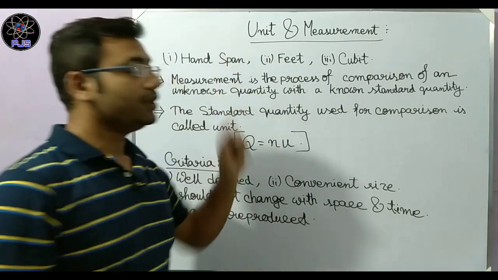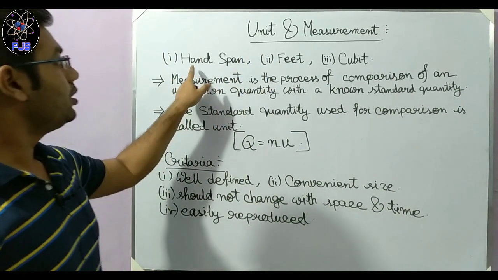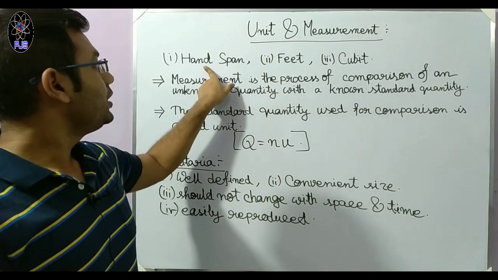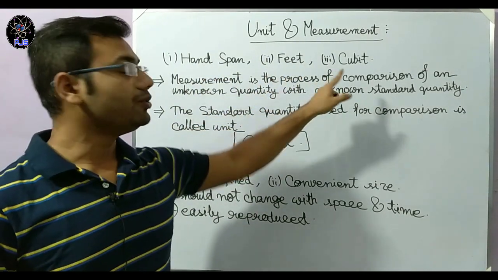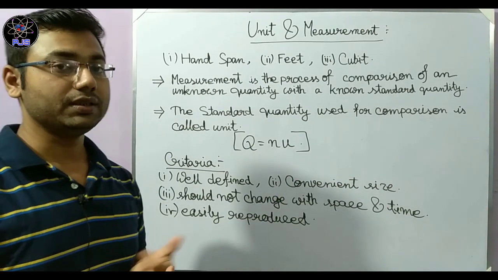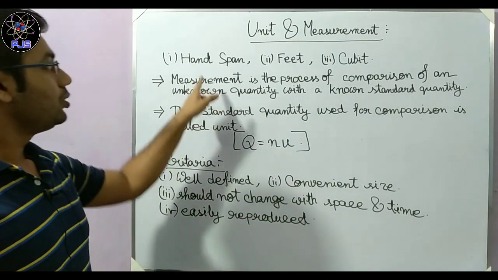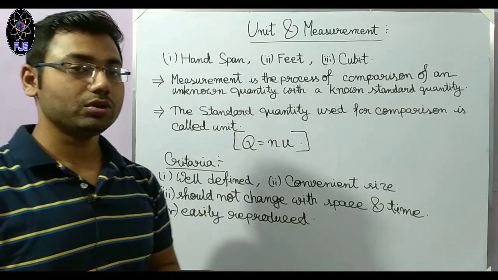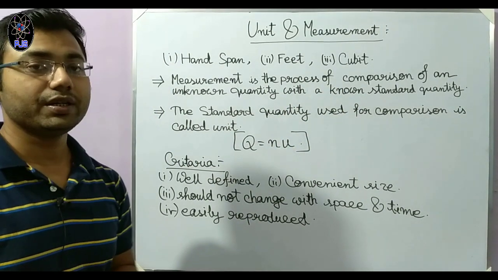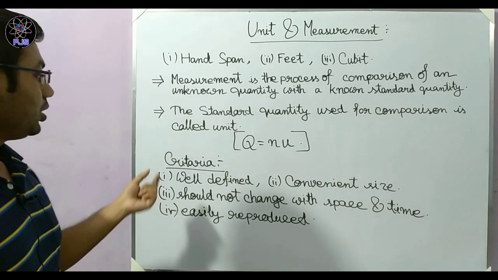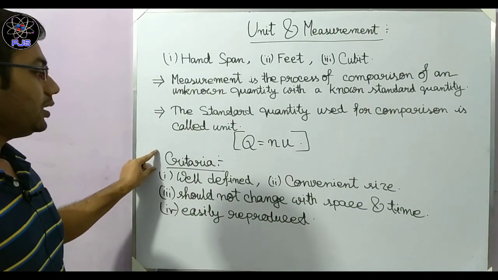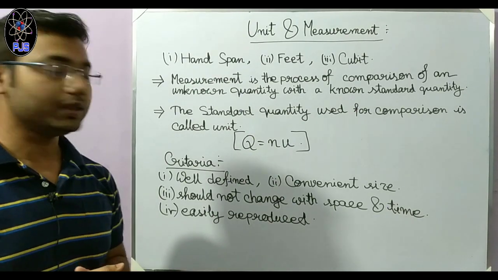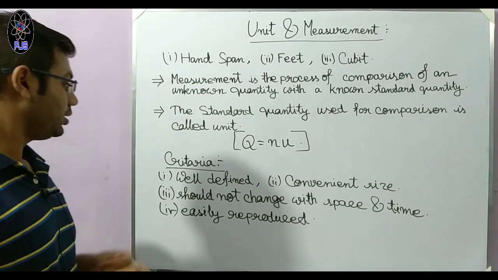But in ancient time we know that these types of units were used, but there is some problem: these units vary from person to person. So this is very critical. So the criteria that should be maintained for every measurement and every unit are that